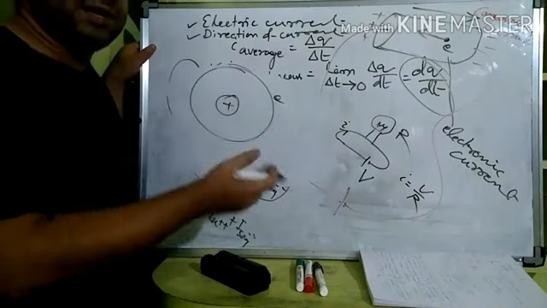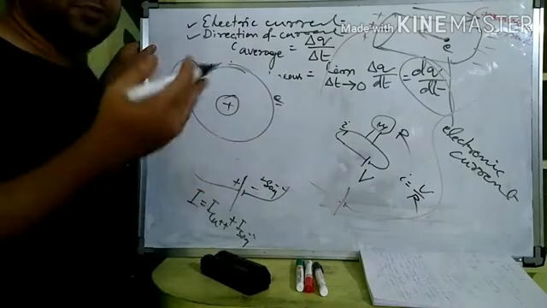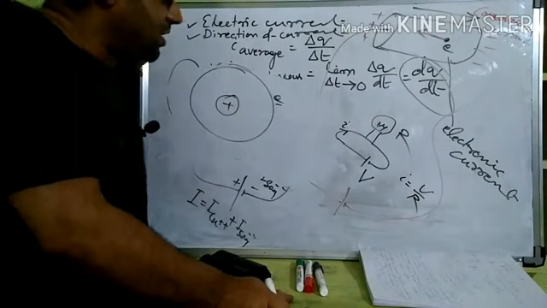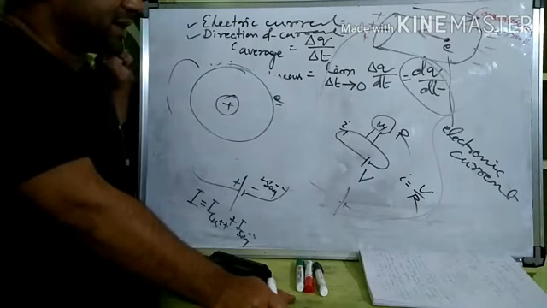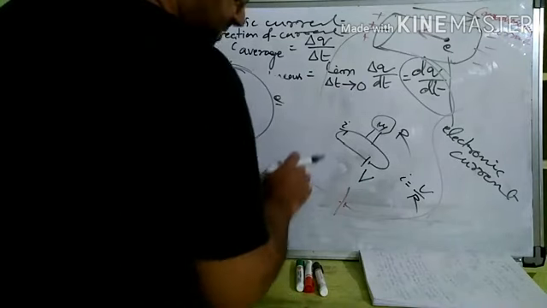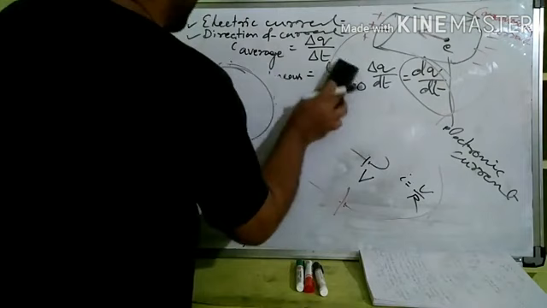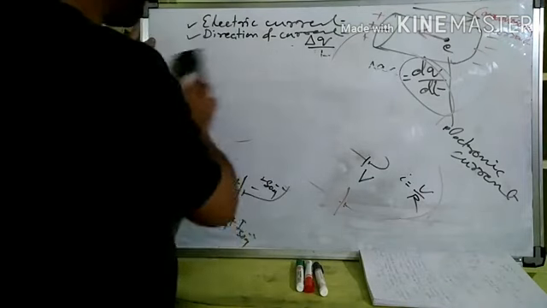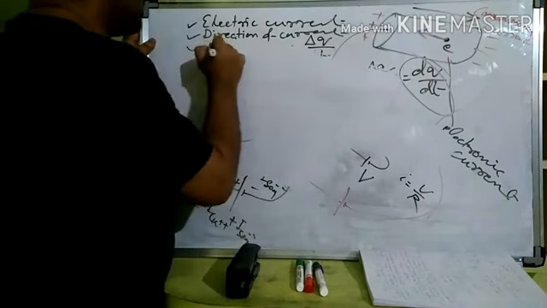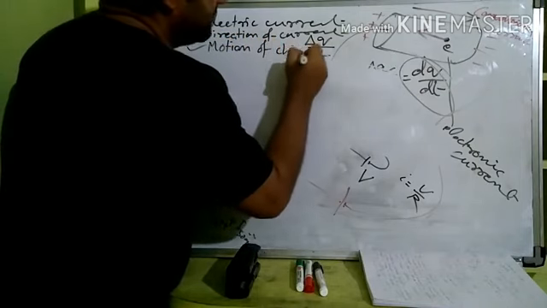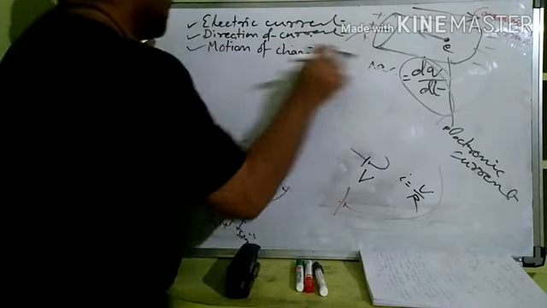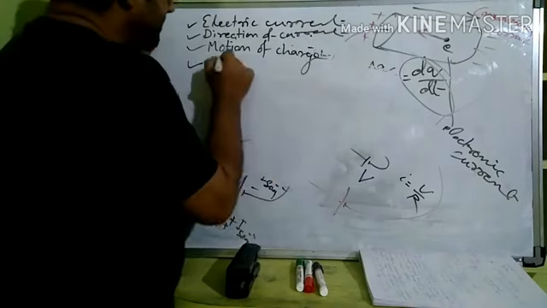Then we can multiply that by the charge of 1 electron, which is 1.6 into 10 to the minus 19 coulomb. That way we can calculate the electric current. That also can be asked from the fundamental basics of electric current. Another idea we have to have is variable current, let us say.